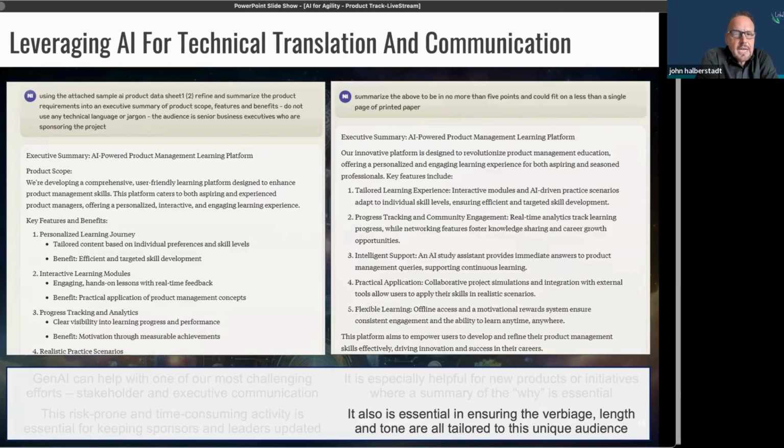And even with that, I thought that it was a little bit too deep. So I asked it in the follow-on on the right-hand side, summarize the above to be in no more than 5 points and could fit on less than a single page of printed paper. Now, your executives or your stakeholders, your sponsors may want different things, but based on what you know, again, an